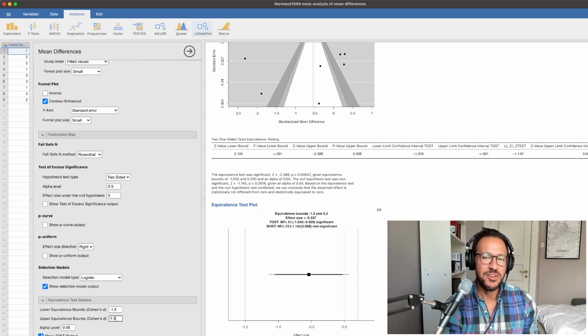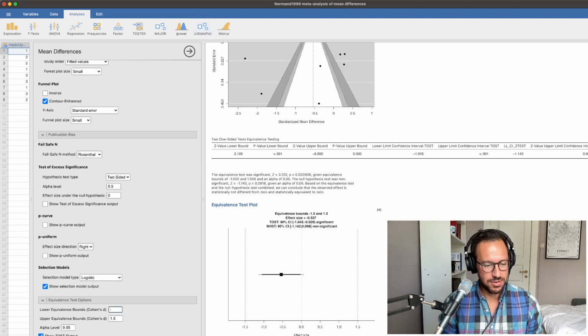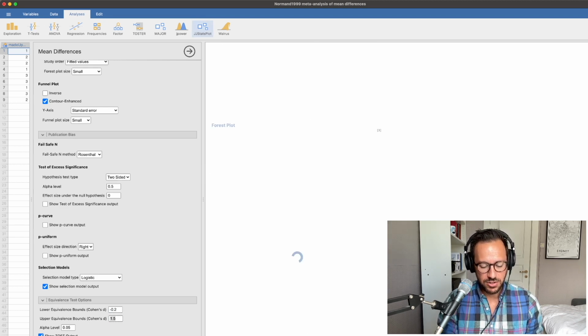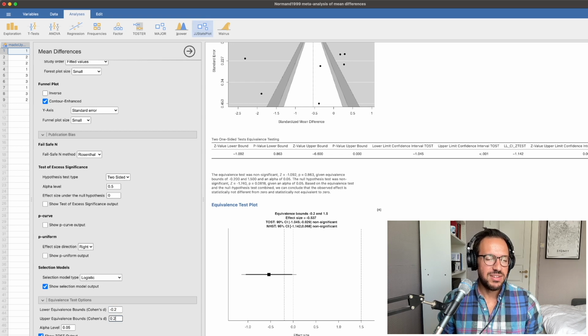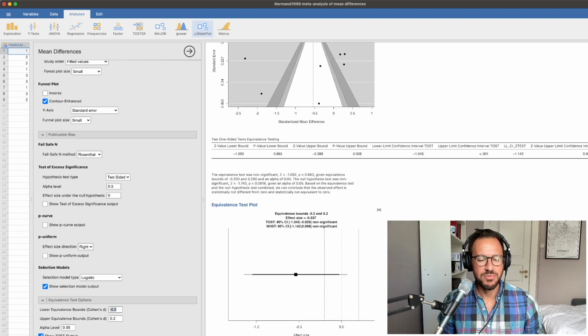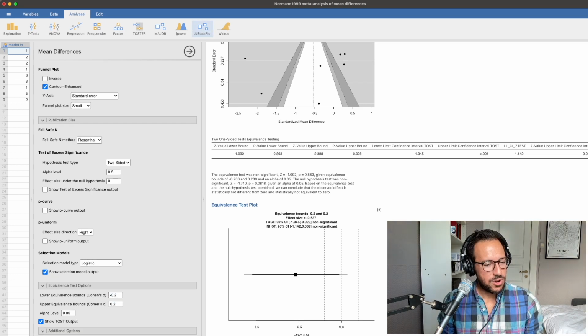Maybe you genuinely don't have any idea what is considered equivalent. One thing you can fall back on is Cohen's guidelines for what constitutes a small, medium, and large effect size. But again, these are just guidelines for when you have no idea. I'd say for most areas of the biomedical sciences, using a threshold of minus 0.2 to 0.2 is a pretty decent starting point for equivalence. That is, if you have no idea what represents equivalence, and you would simply report that as your equivalence bound. Finally, I want to show you